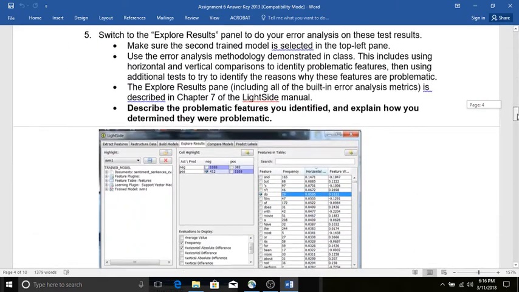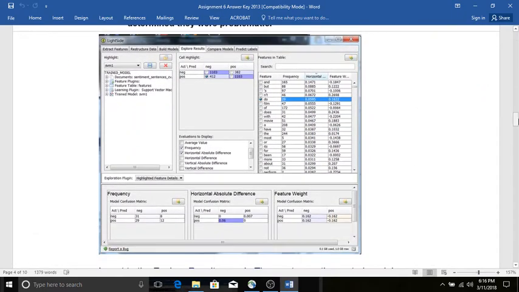Now you're going to go to the Explore Results panel, and that's where you're going to set up for an error analysis as usual. And once you have set it up, you should take a screenshot, again, so I can see that you're doing it properly. And in particular, it's going to be important to me to see which columns you have included,